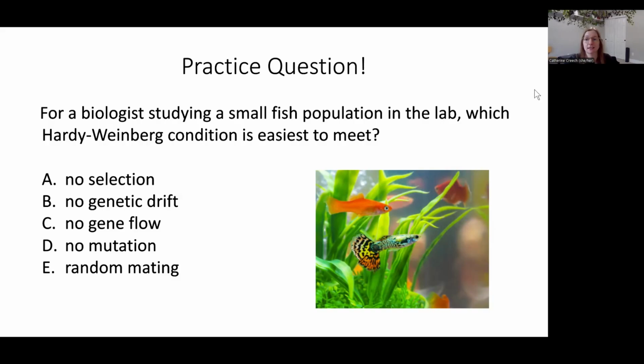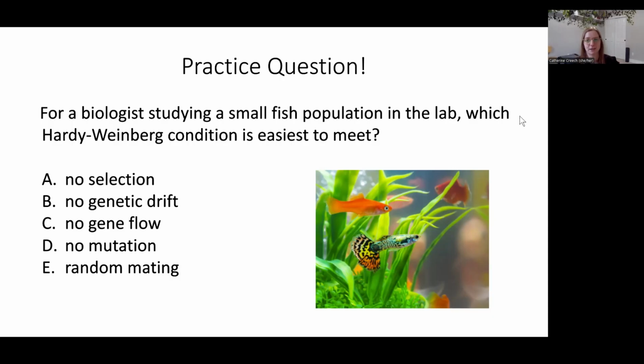I'm going to go through these kind of quickly, but I'm hoping that you will pause and actually answer them yourself. Otherwise, there's no point in this because you want to be practicing the recall. This is trying to get you to see what you already know to help you guide your study. So please do pause it, and I will run through the answers so that you have time to think about